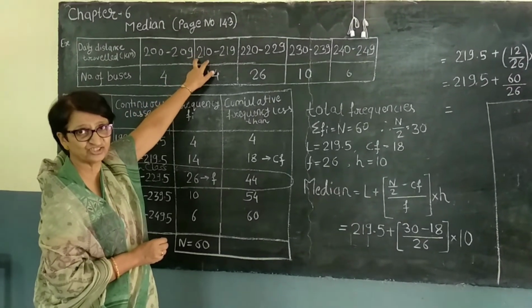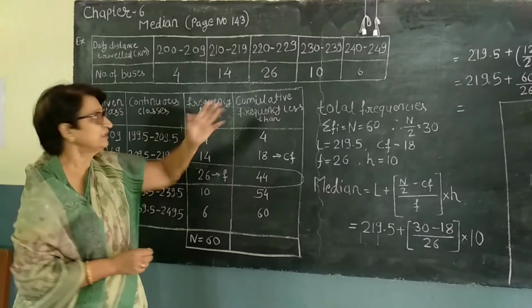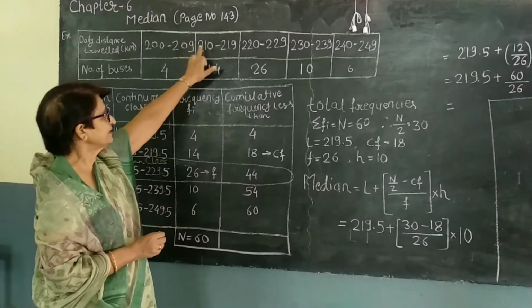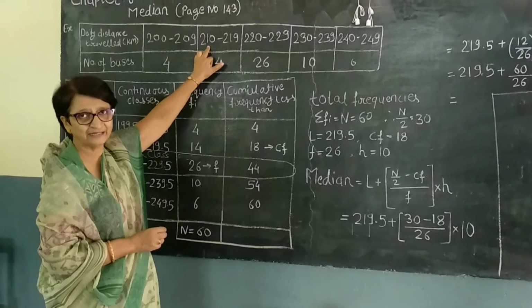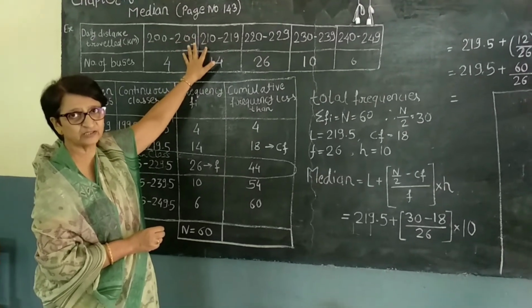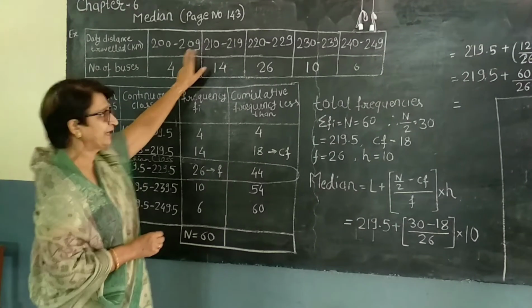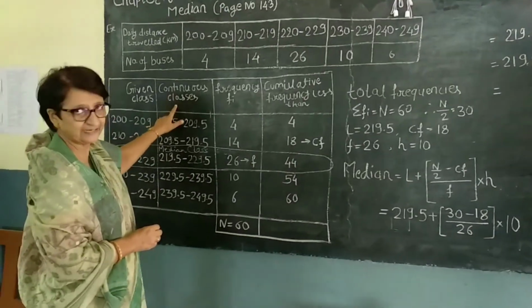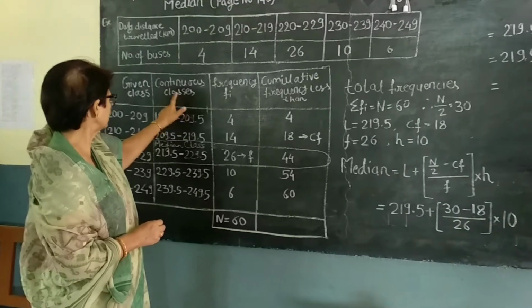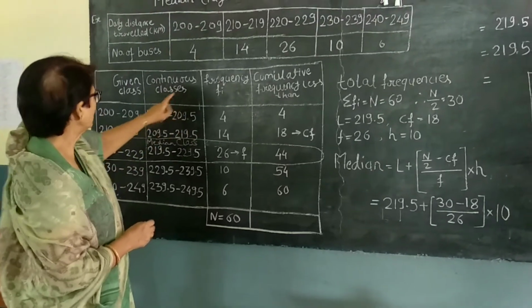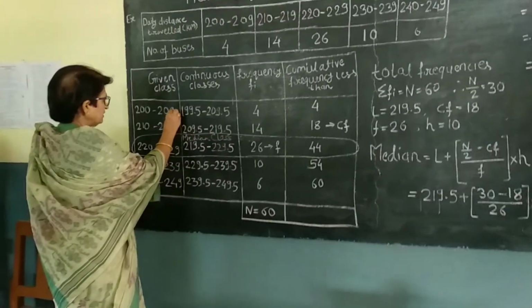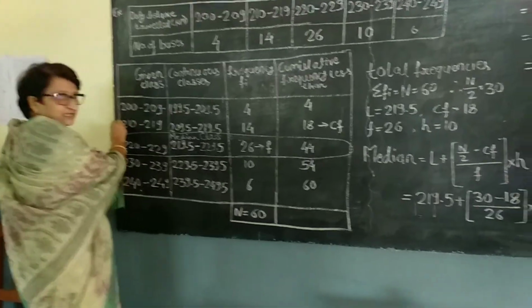The number has changed. In the previous sum it was what? If this was 209, then this was also 209. That is known as continuous. So this type of sum we have to first of all solve and make it into a continuous class. And in making a continuous class, we have to see what is the difference between 209 and